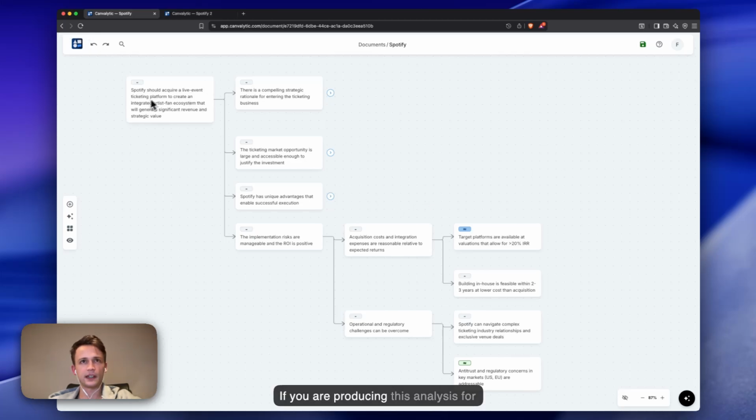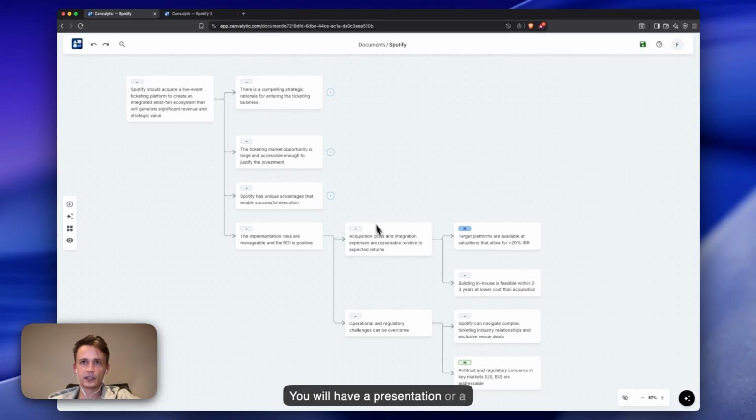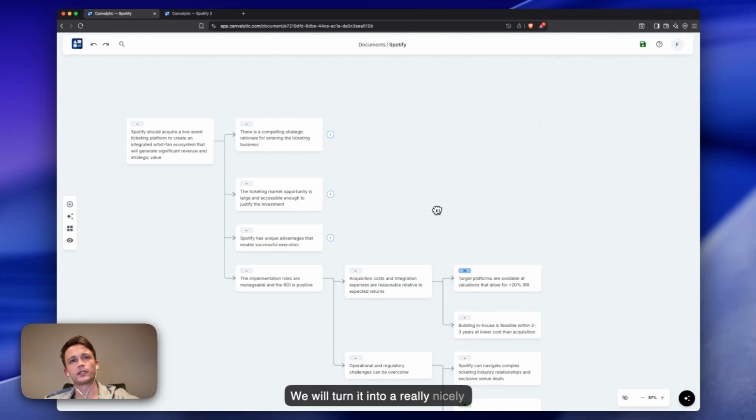So if you're producing this analysis for this decision, it's because somebody wants to know the answer. So you're going to want to produce some communication at some point after you've filled out all these nodes. And so you would want to make a presentation or a document, a report. And that's one of the features that we're going to build in the future, an AI presentation generator. So we will take all of this writing and the structure and we'll turn it into a really nicely structured